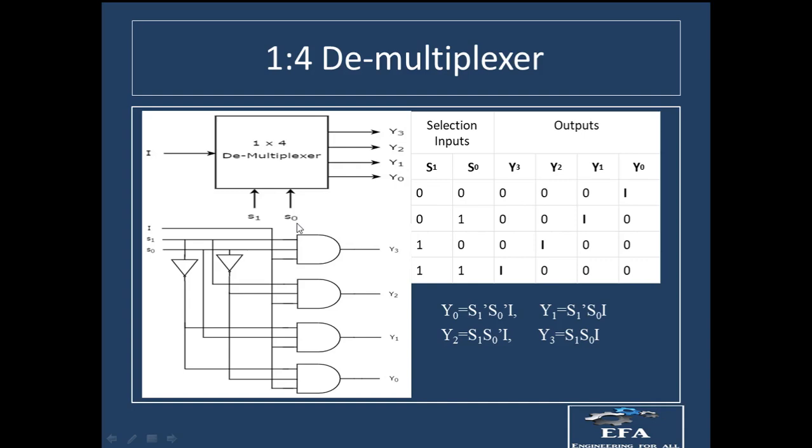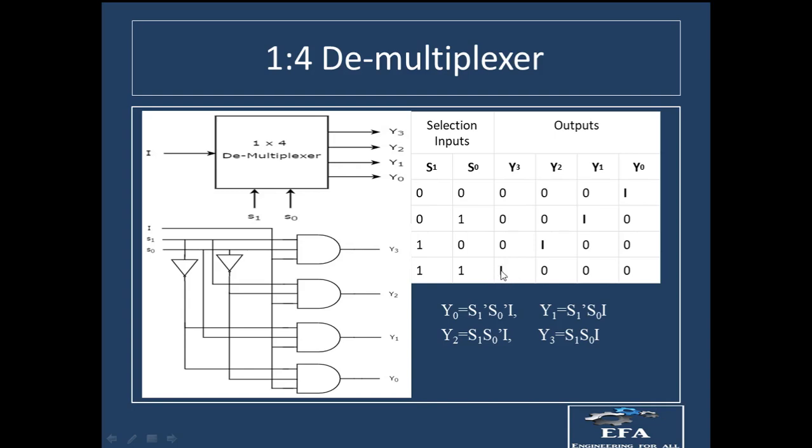If we have to make the truth table out of it, how can we make it? Suppose now we have S1 and S0 as our select lines. So S1 and S0 will be taken over here, and here we will take the outputs y3, y2, y1 and y0. Whenever we have 0 and 0 at S1 and S0, the information will go at y0. If we have 0 1, the information will go at y1. If we have 1 0, the information will go at y2. And if we have 1 1, then the information will go at y3.